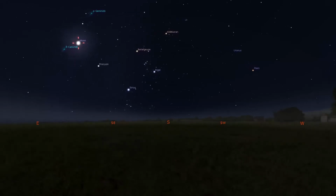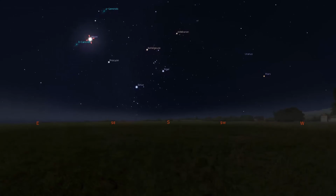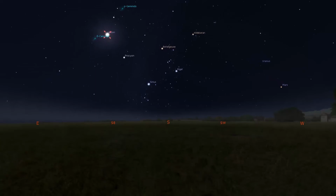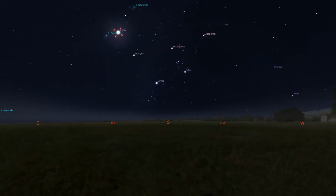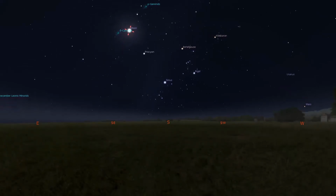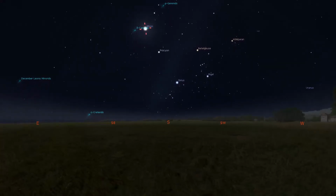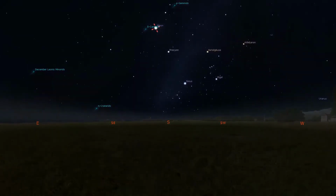We'll pop into Stellarium, which is an excellent, completely free planetarium program where we can see a simulation of the entire eclipse. We start out on January 20th around 9:30 p.m., looking between east and southeast, high in the sky, and there's the full moon. The penumbral part of the eclipse starts at 9:36 p.m., but like I said earlier, the penumbral part is pretty boring. It takes almost an hour to get exciting, and at 10:33, the moon begins to enter the umbral shadow. Remember, this means the partial eclipse is starting. Here you will see the moon start to disappear into shadow,